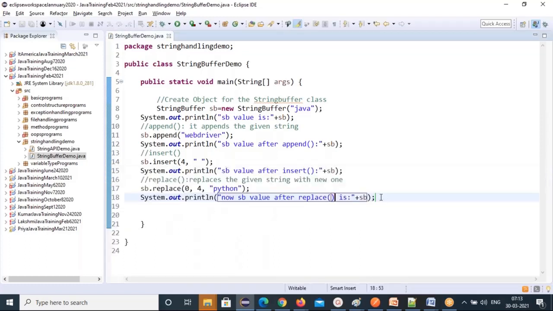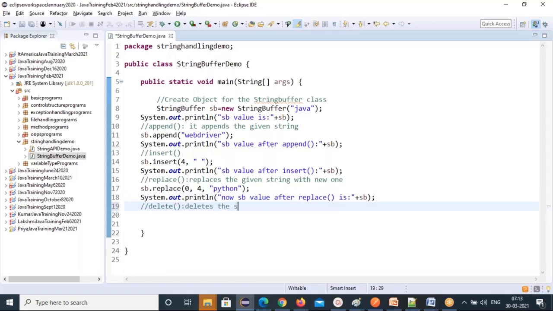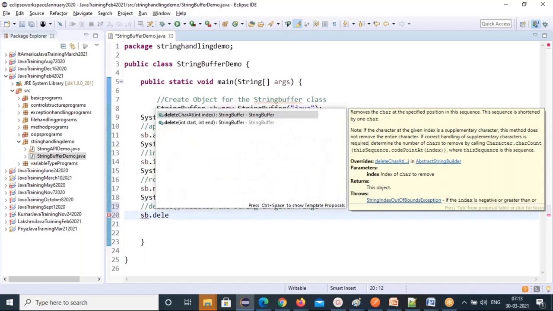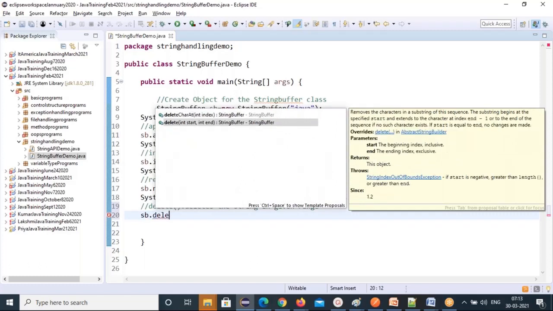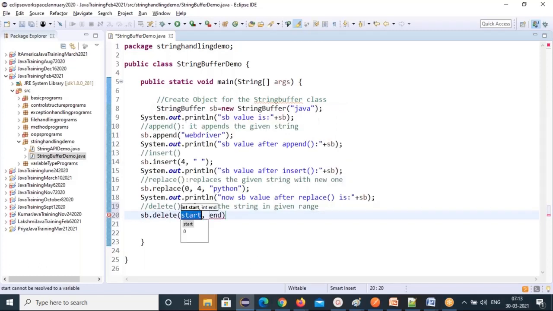Now we can call the delete method. It deletes the string in the given range. So start index, end index, and in between it will delete. You give the start and end index, and it will delete. Which one do you want to delete? Maybe we will delete WebDriver. WebDriver starts at the fourth index; even the space I'm removing.